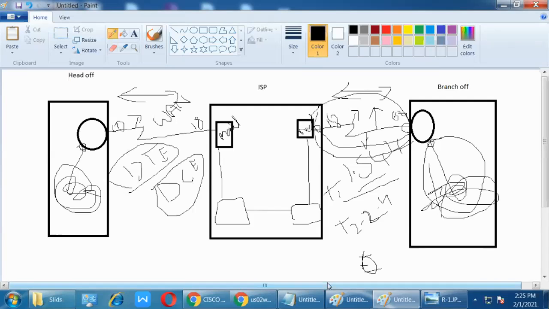So what is the clock rate? On the DTE side, you need to configure the clock rate. For example, for understanding purposes, if I suddenly start my explanation like reading a paper, can you people understand? No, sir. It has to be interactive, like we have to come to the mindset of the students. Then we can start.